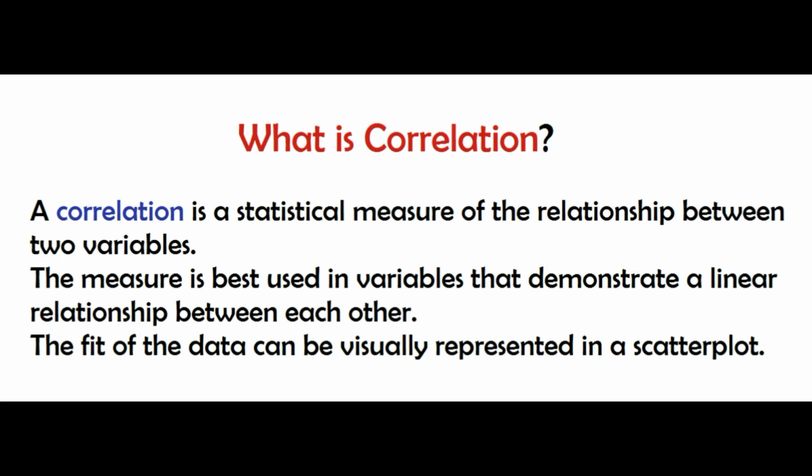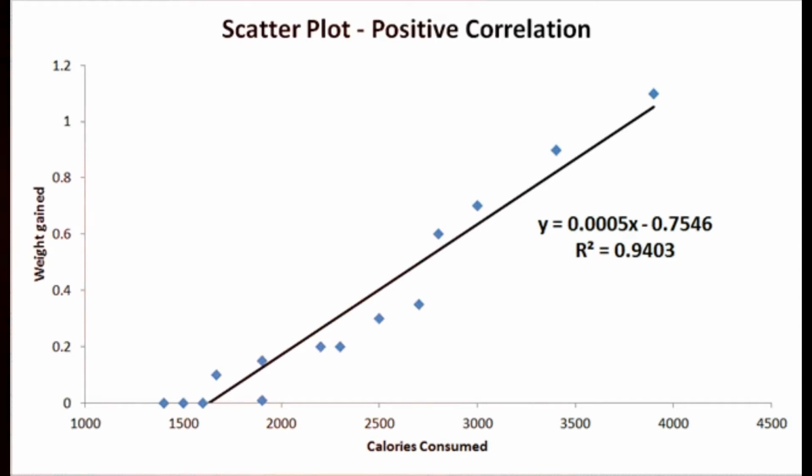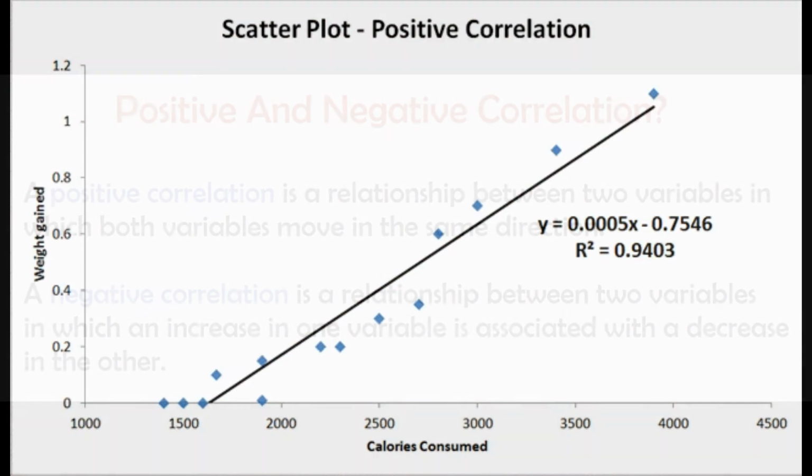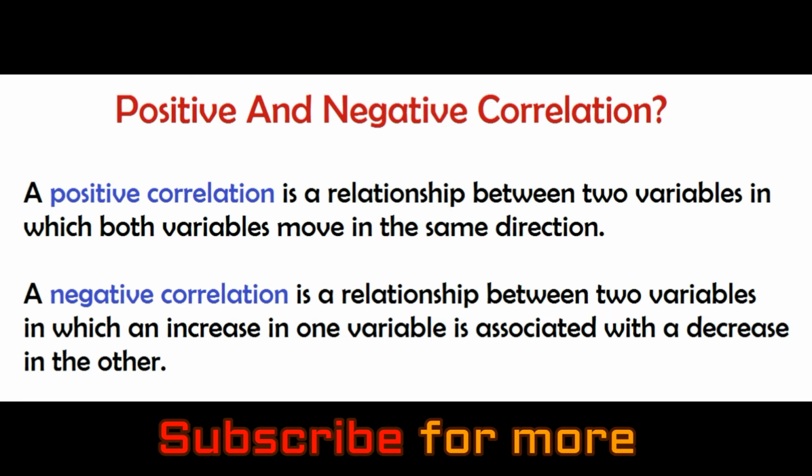So let's talk about positive correlation. The important point to note for a positive linear relationship between the variables is that values of both the variables move in the same direction. That is, if values of one variable are increasing, then the values of the other variable also tend to increase. Or if values of one variable are decreasing, then the values of the other variable also tend to decrease. So the positively correlated variables are also called directly correlated. Positive correlation indicates +1. So the example of positive correlation is hot weather and demand for ice.